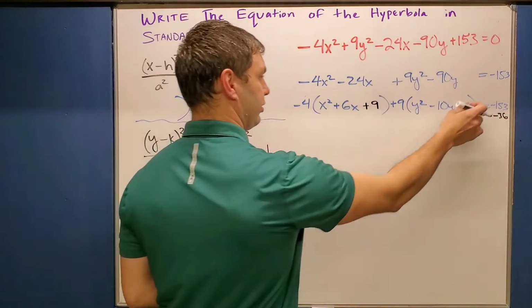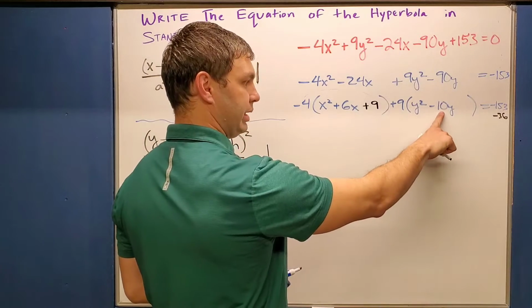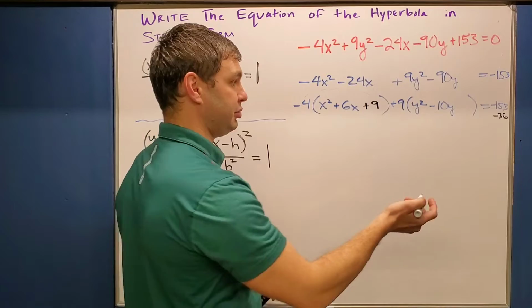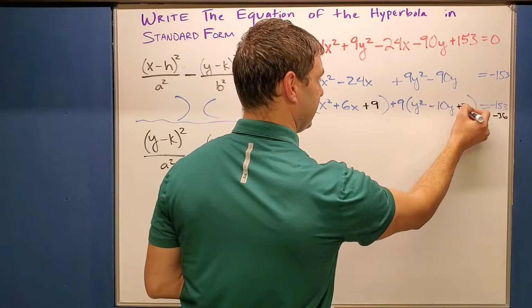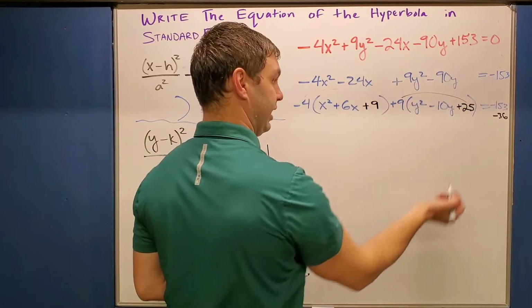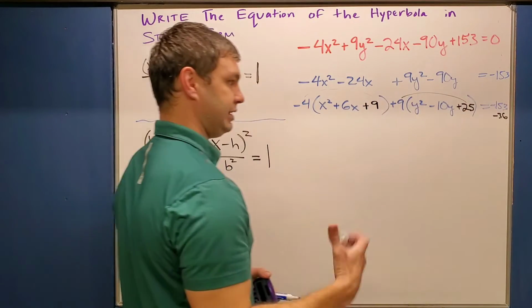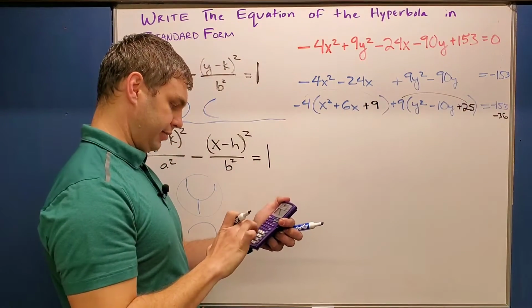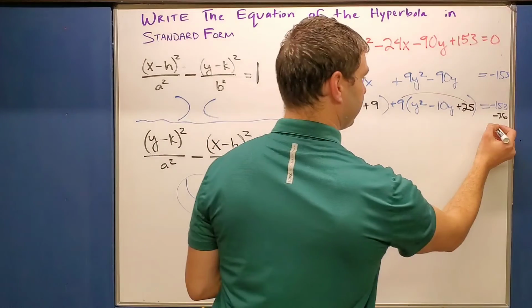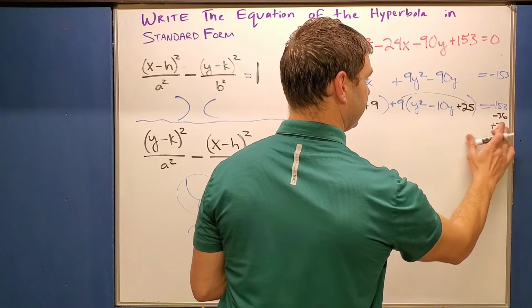Now, what can I add over here to this other group? Well, half of our b term, negative 10, is negative 5. Negative 5 squared is positive 25. So I'm going to add in a positive 25 right here. But same idea, this is 9 times 25. So on the other side, if I take 9 times 25, I think that's 225. Let's see, 9 times 25 is, yes, 225. So we're adding in a positive 225